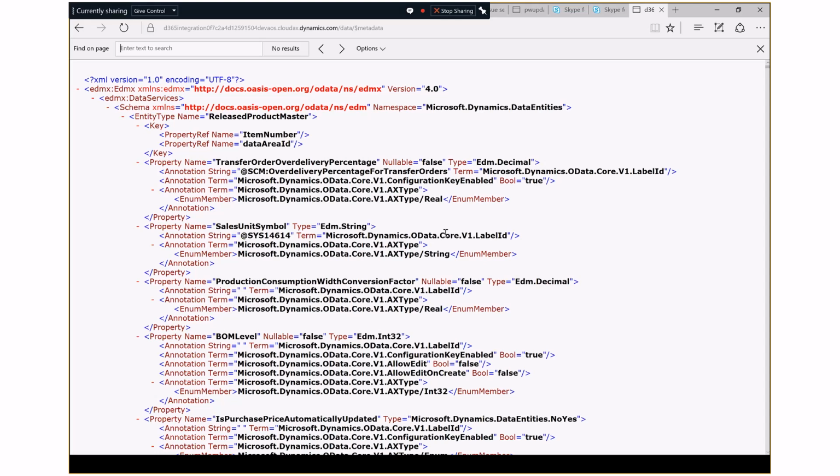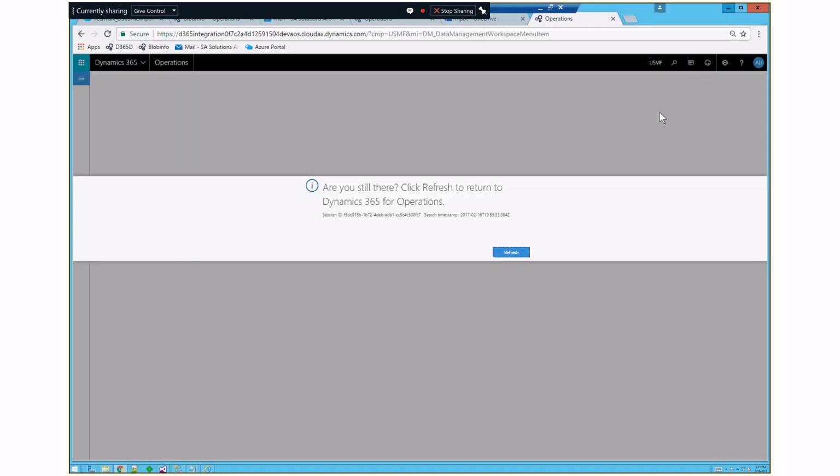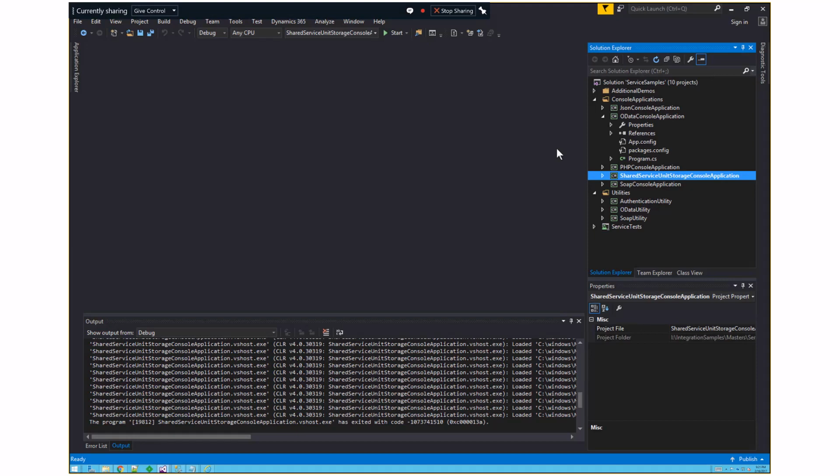Right? So it would be better to reflect over this metadata and create simple POCO classes and code against those POCO classes, in order to code against something that is strongly typed, and that would tremendously increase the speed of developing a solution. So in order to do that, there is actually an